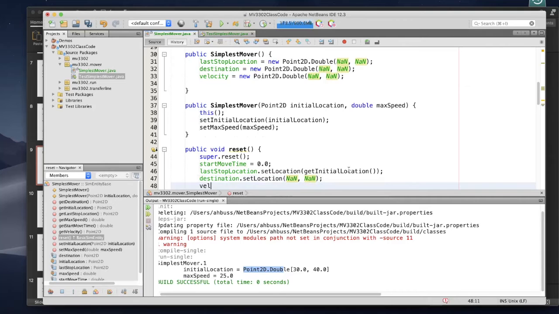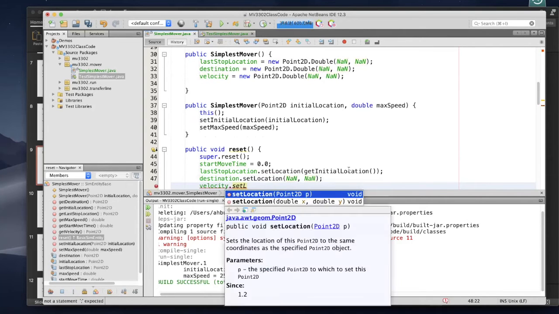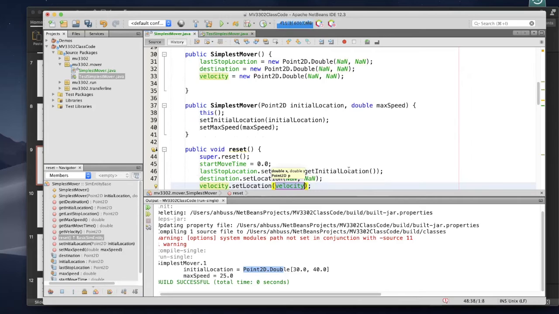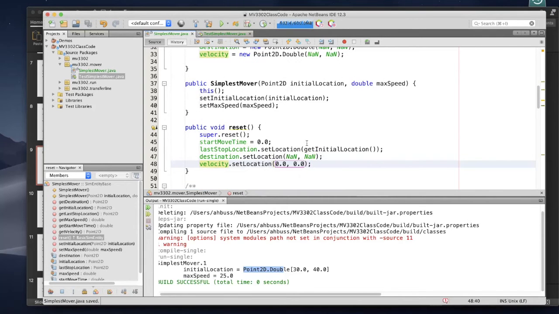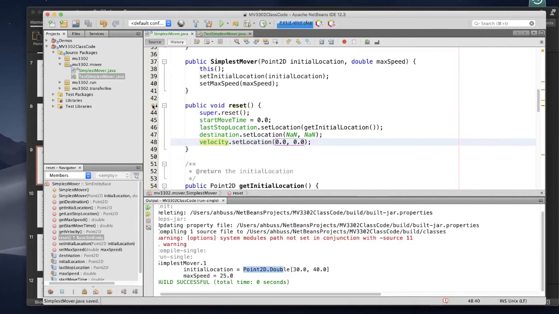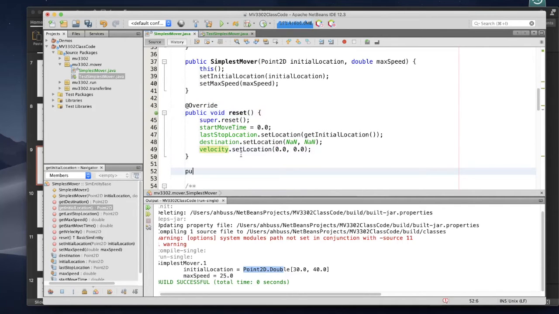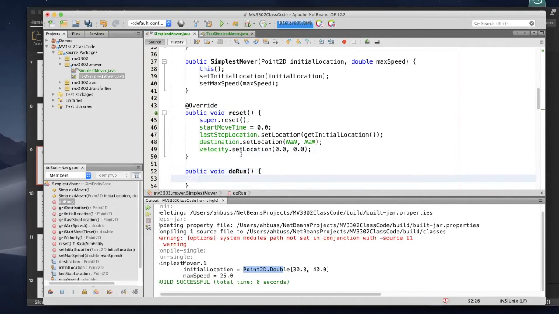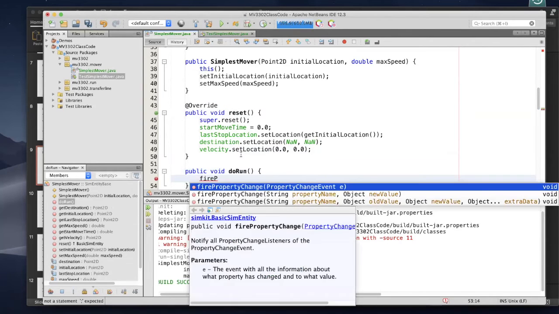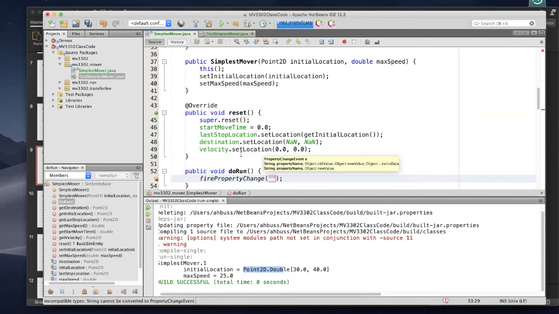And then finally, we'll set location to 0 for the velocity. Okay, so now we have a velocity of 0, and our do run method will simply fire the property changes. So for start move time,